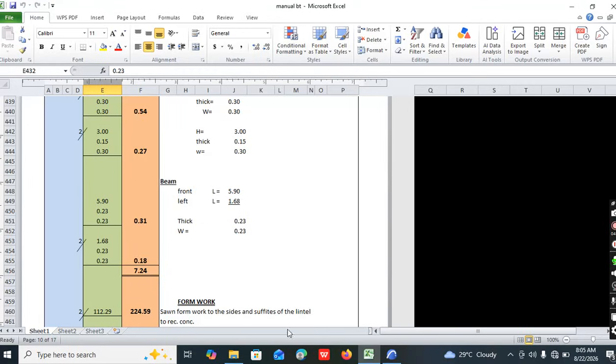So now we have the beam. From the beam now, if you go back to the drawing,